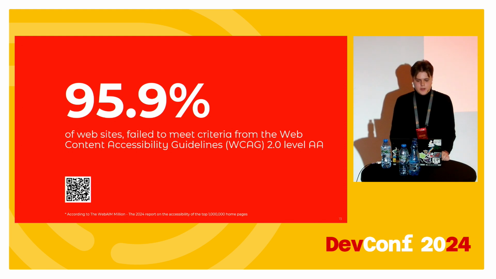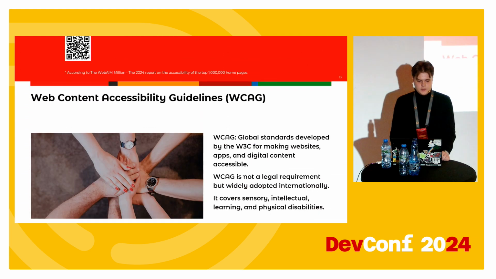Yet, despite the clear importance of accessibility, the majority of mobile apps and websites are still not fully accessible. Most fail to meet even basic accessibility standards. For example, in 2023 analysis by WebAIM found that 95.9% of top 1 million websites did not conform to the Web Content Accessibility Guidelines, the most widely used global standard for web accessibility. This means that only about 4% of the internet is fully accessible to people with disabilities. Common issues include low contrast text, missing alternative text for images, and empty buttons.